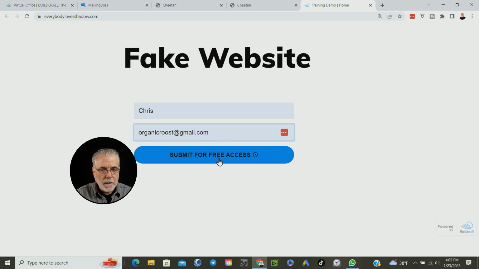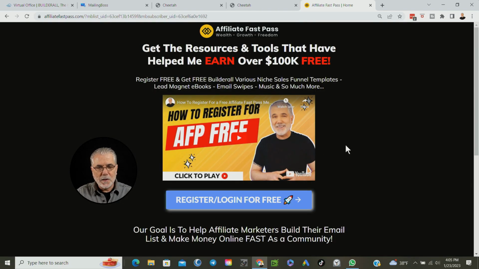Let's put this in and we'll hit submit for free access. Now this should take us to that other website. Let's try it. Perfect. So everything works great. We have everything set up great. We collected an email and we also sent them to where we want them to go. This is great. Now I'll come back to Affiliate FastPass in a little bit, but let's go check to make